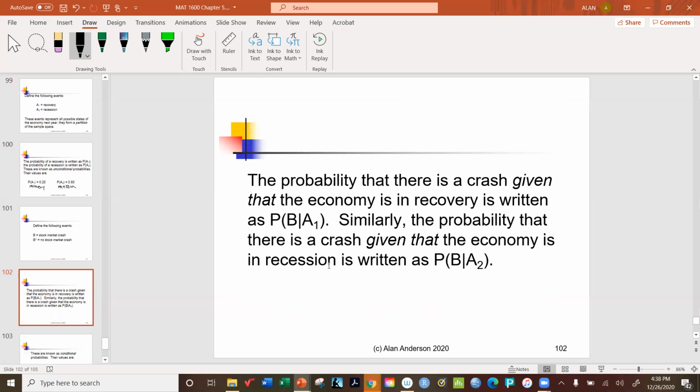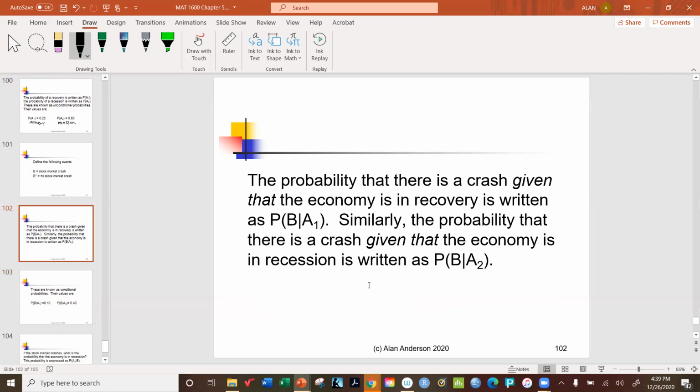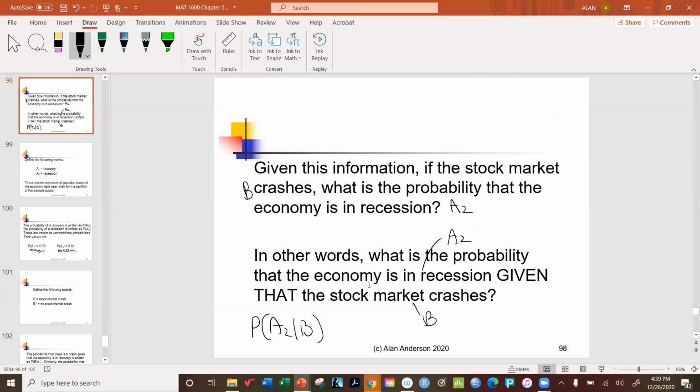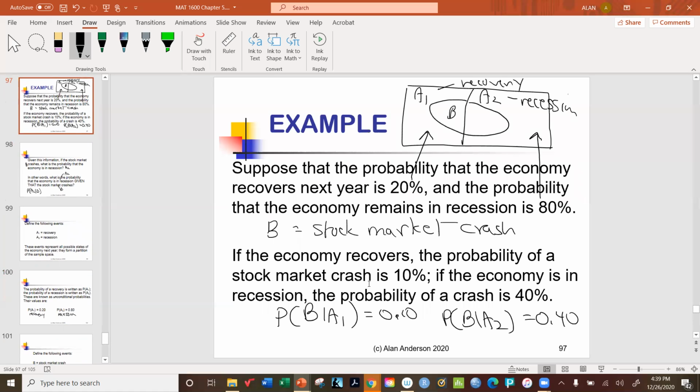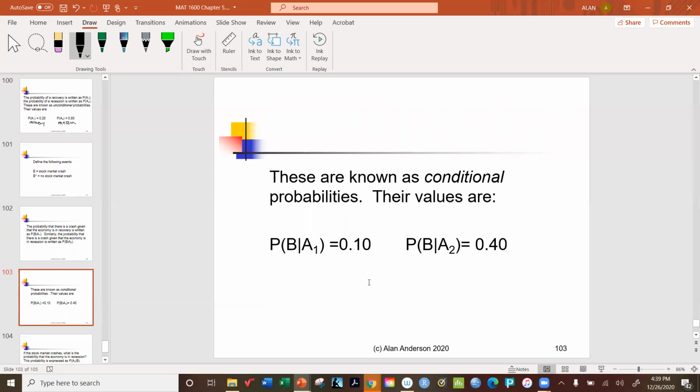Similarly, the probability that there is a crash, given that the economy is in a recovery, is B given A1, and the probability that there's a crash, given that the economy is in recession, is B given A2. These are, of course, conditional probabilities, and we've already seen that these probabilities are 10% and 40%. Okay, I wrote that back here somewhere. Yes. Okay, so we can gather all that up